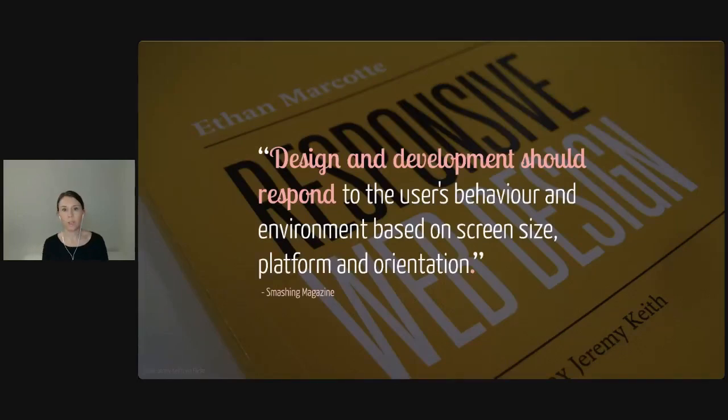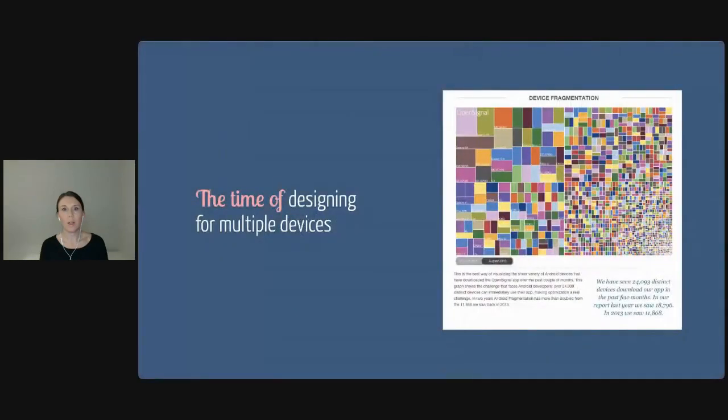And around a couple of years after Ethan Marcotte and responsive design, mobile first became a thing. And we've heard early on today from Luke, and obviously he'd written one of the books about it, which came out in October 2011. As for me, I didn't write any books on that subject, but I gave a lot of workshops on the subject, and that was really good because it kept me on my toes.